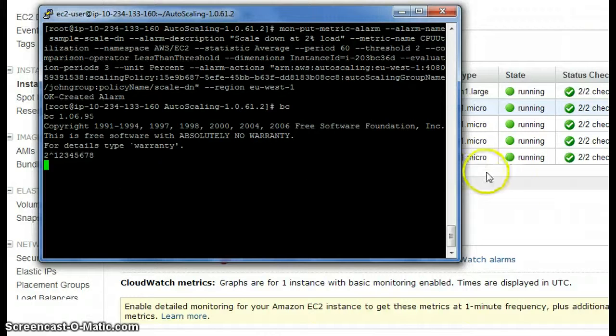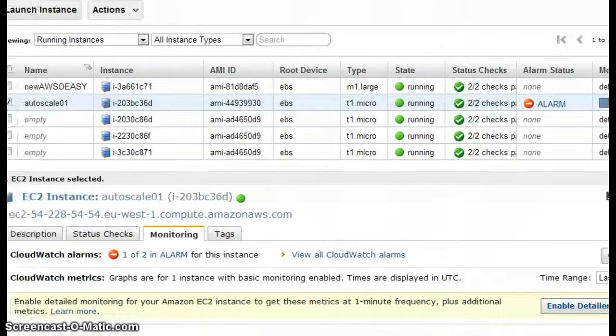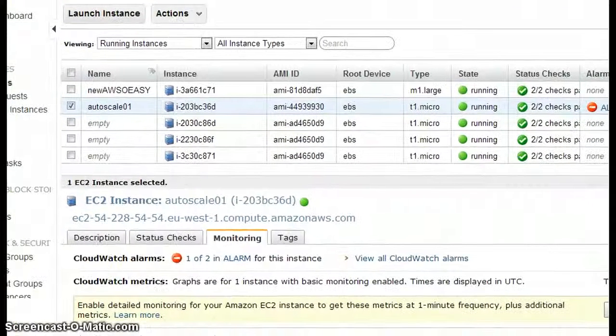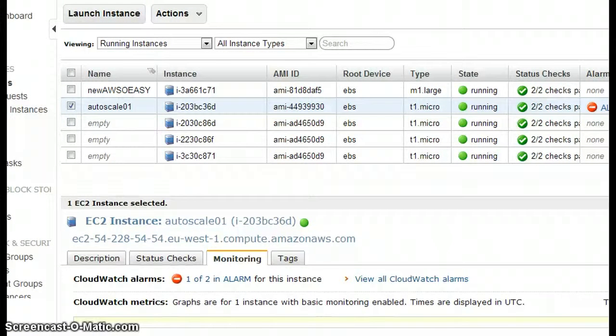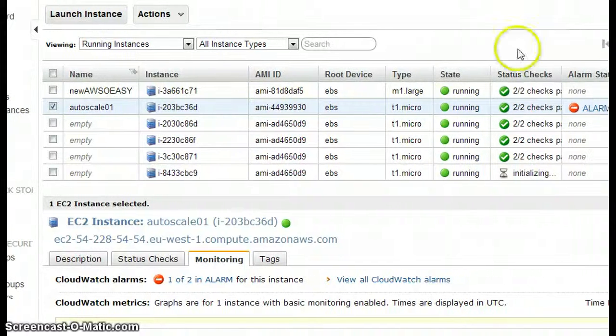So we've set this chugging away and we've made it busy, and we can see that the alarm has now gone off, our alarm has been triggered. We should see an instance added quickly. The alarm triggers an extra instance to be added to the AutoScaling group. We can see that there, it's just initializing at the moment, so it's literally starting up, and then when our CPU utilization drops below 1%, it'll take it away again. You can see how powerful this is. If our traffic gets busy, our site gets busy, we get extra